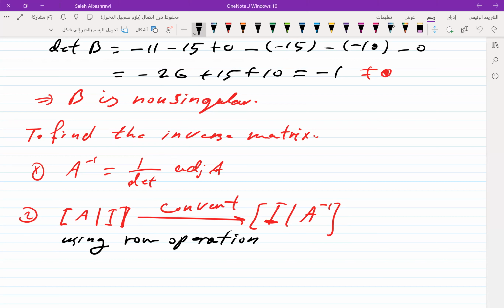We have matrix A, so write the augmented matrix A I and convert it using the row operation to the matrix I on the left and another matrix. The right one will be the inverse of the given matrix A. To explain this in detail, let's find